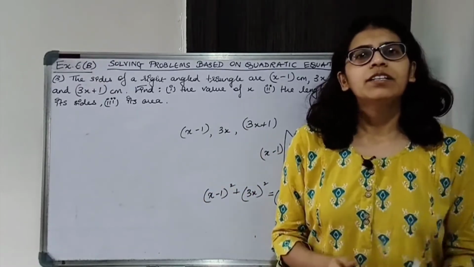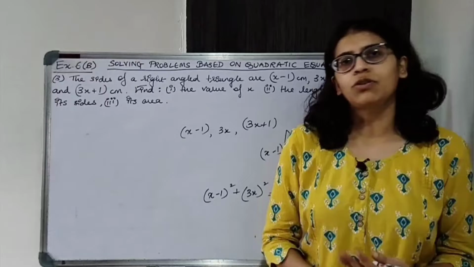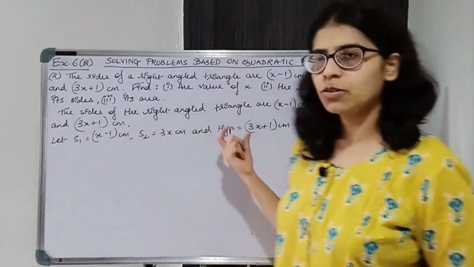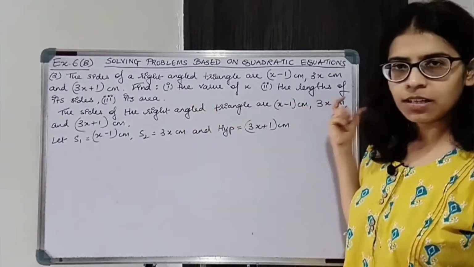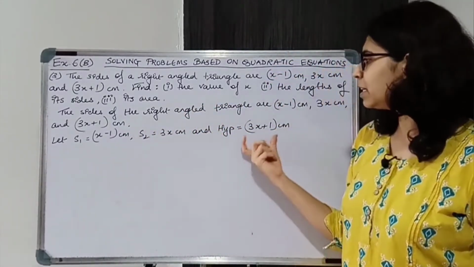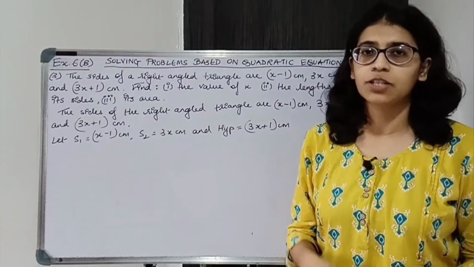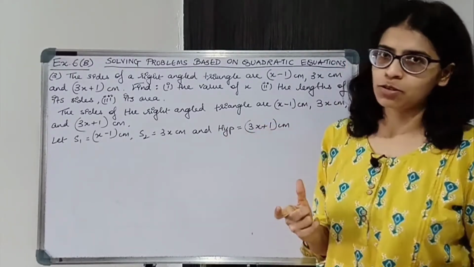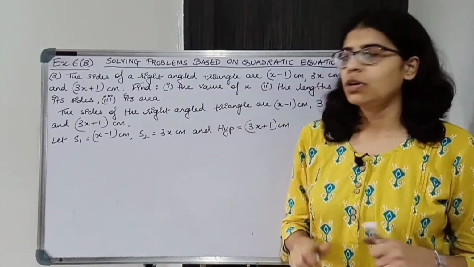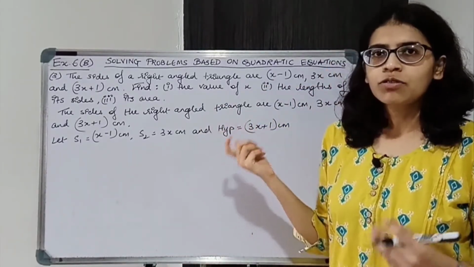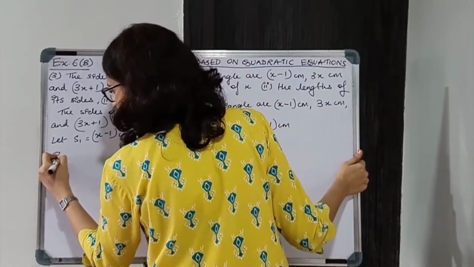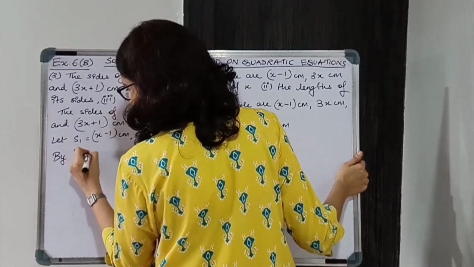Alright, so let us now write down the given in proper manner and start solving. So we are just reframing and writing down the given. Okay, sides of right angle triangle are so and so, and we have assumed S1 to be x minus 1, S2 to be 3x and hypotenuse to be 3x plus 1. Just be careful with hypotenuse. Okay, make sure you take the longest side. Now, we are not given the condition, so we'll use Pythagoras theorem over here. So by Pythagoras theorem,